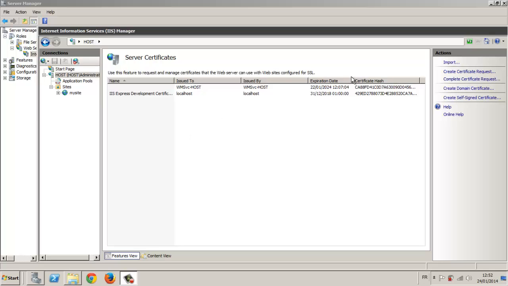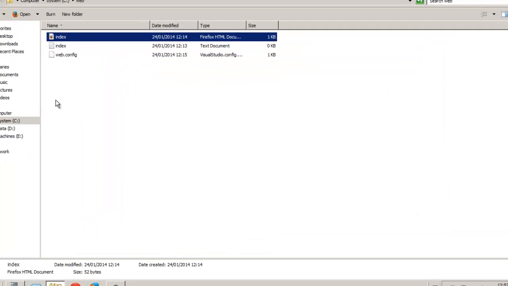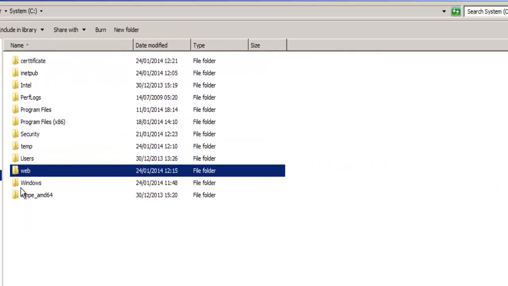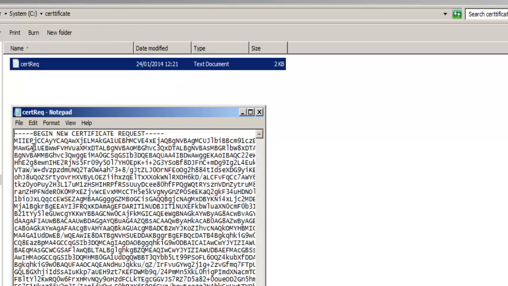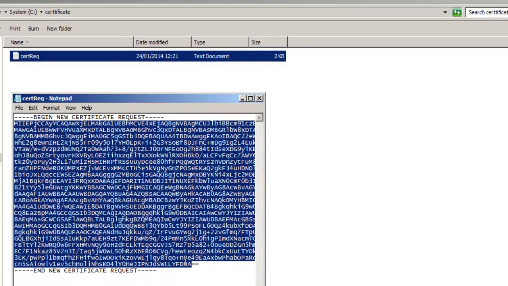So after finishing this certification request, we go ahead and check for the CSR, the certificate signing request file. As you can see, here's the generated file, and this content should be sent either to a third-party certification authority